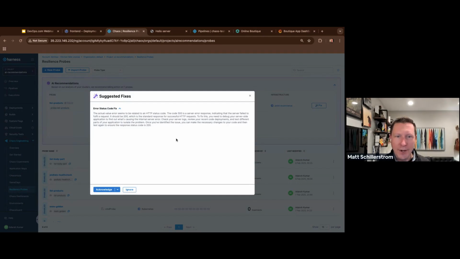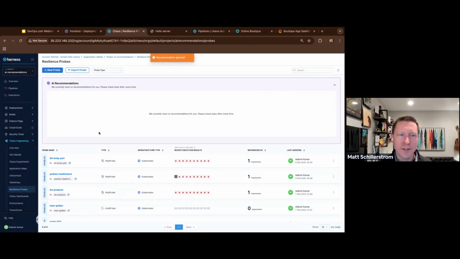And here's another one that's talking about another issue. In this case, maybe I'll just hit ignore as an example. But these are all great ways to work with chaos engineering. When you start using it, you can see the recommended tests based on your configuration, see what you should maybe fix before you run a test, and then run more tests programmatically.